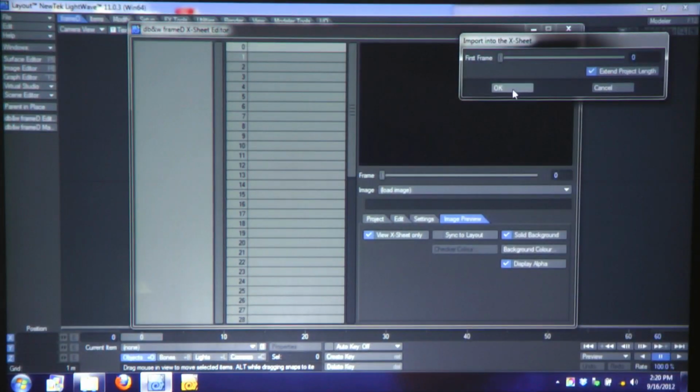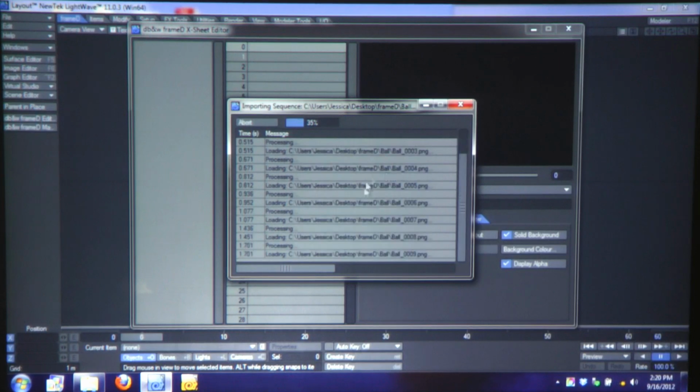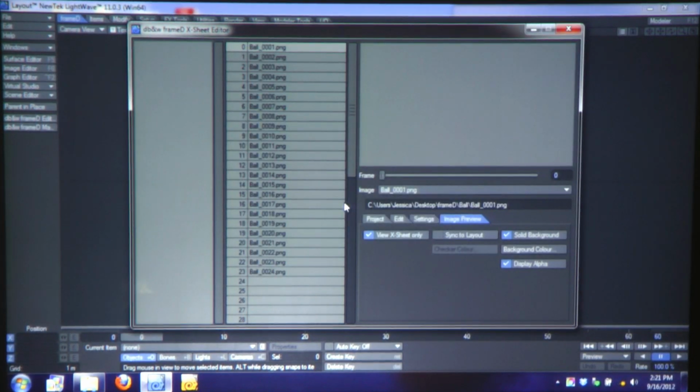We'll say the first frame is 0. So it's going to load it, and you also see that it says processing. What it's actually doing is generating thumbnail images. The thumbnail images are what you will see in the preview window. So this first drawing has the ball off frame, so that's why you're not seeing anything. But if I scrub,